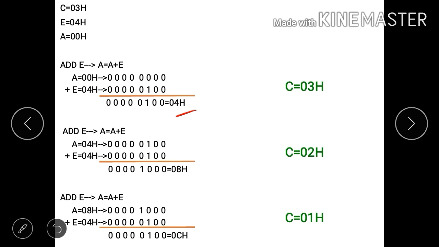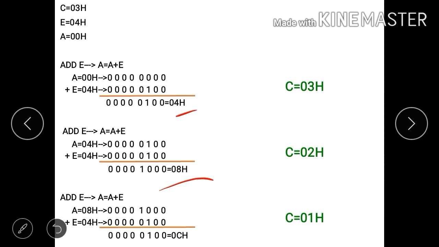We will add both contents after executing the instruction ADD E. The content of register A and register E will be added, and then we will get the result 08H in the accumulator. Again, after decrementing the counter, the pointer will jump to the instruction ADD E.